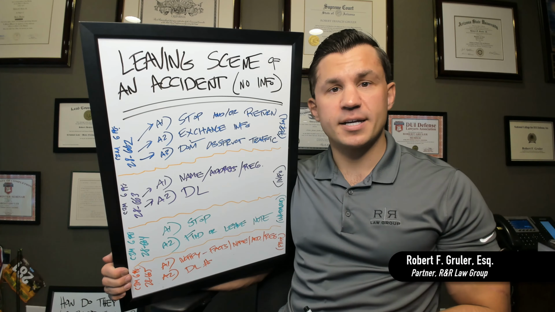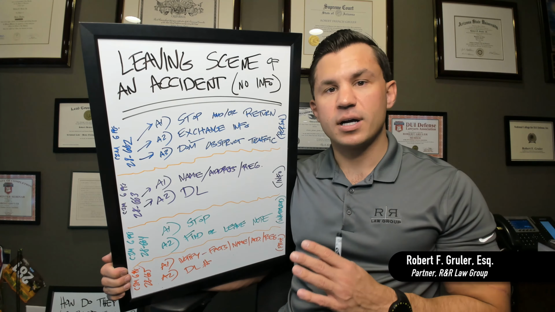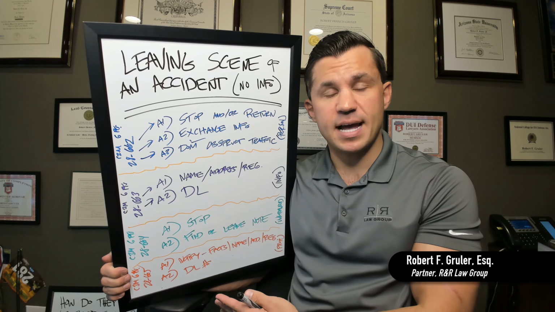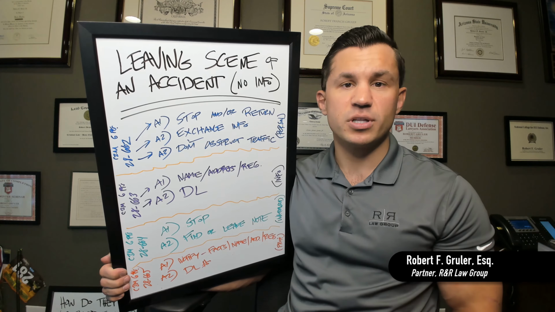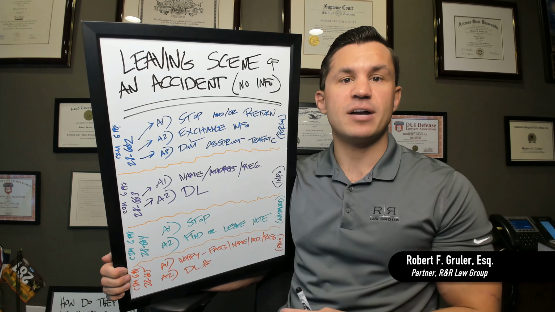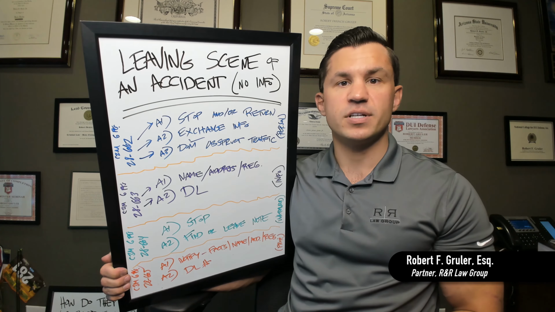In this video, we're talking about a traffic crime. It's called leaving the scene of an accident. There are a couple of different variations of this violation, and I have the different statutes laid out here. But essentially what these statutes are saying is that there was some sort of an accident and the driver didn't do the right thing. So the driver left, the driver didn't leave a note,